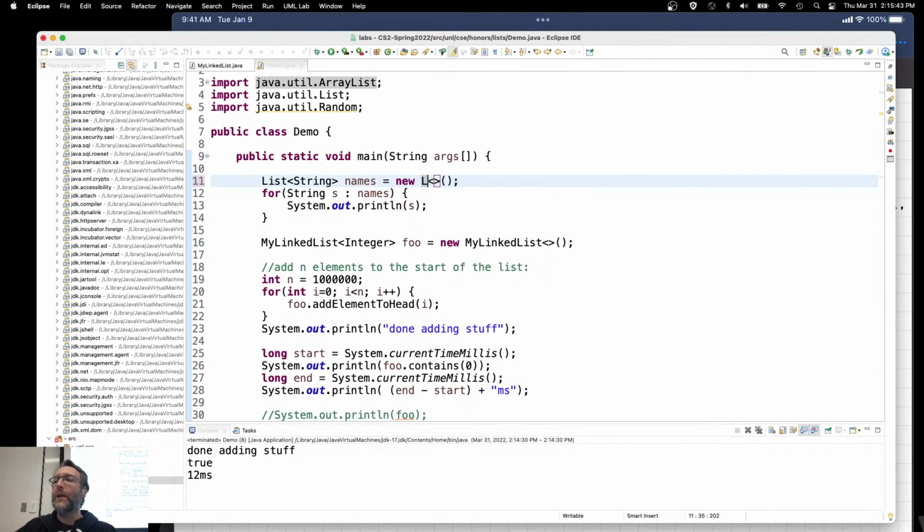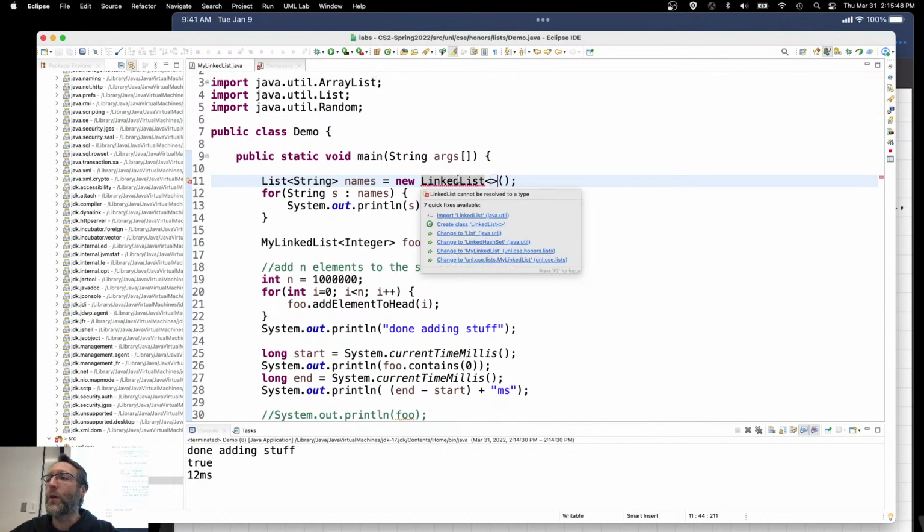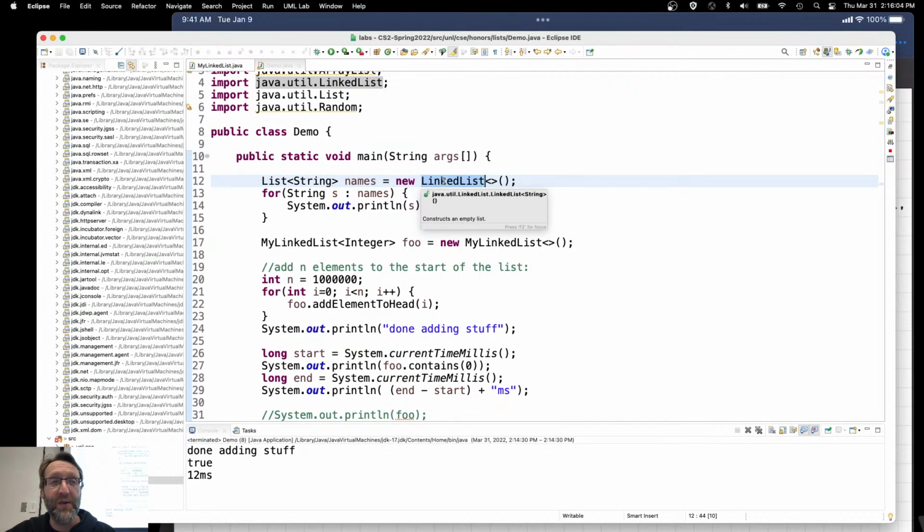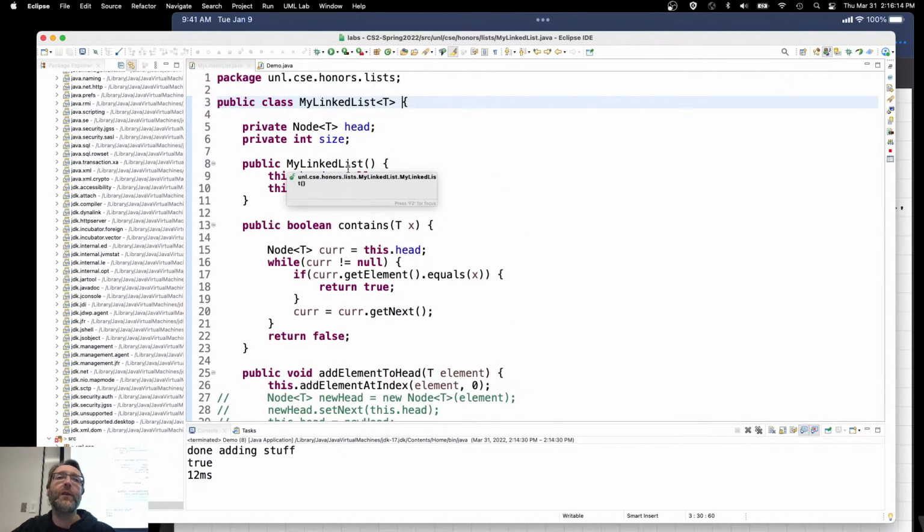Likewise, a linked list is also supported in Java. You don't have to roll your own. In fact, you shouldn't roll your own in practice. Now, fast forward to your second to last assignment where you have to make a sorted list class. Yes, you do have to make your own list. You can't use Java's linked list. You can't use Java's array list. But one of the parts of the bonus there is how can you make it so that your linked list or your array list or whatever is